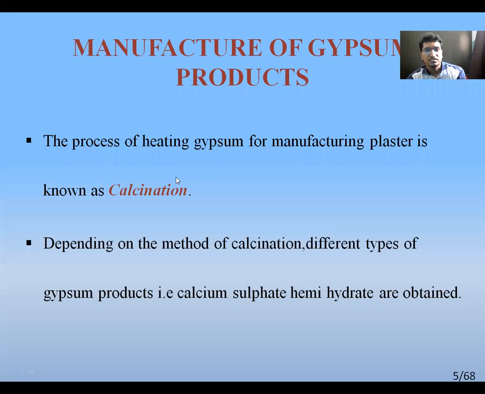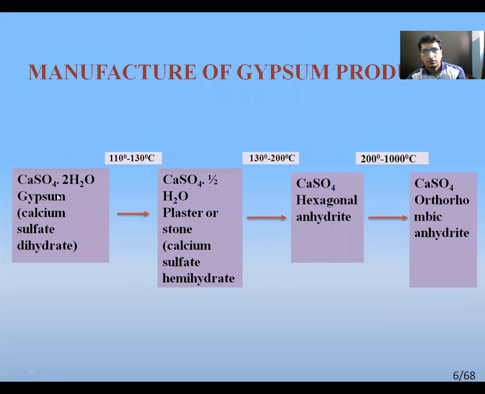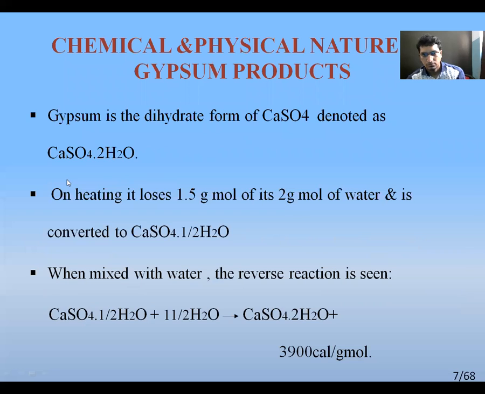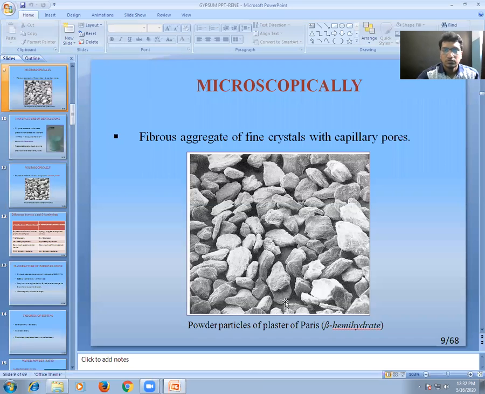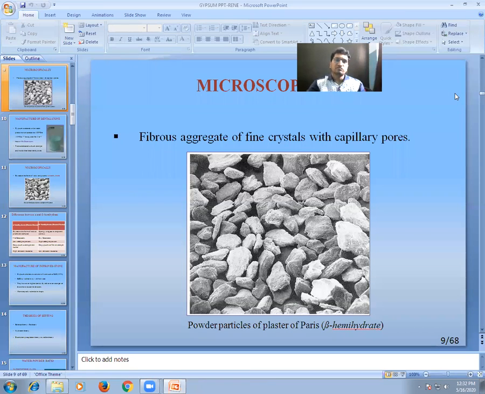The process of heating gypsum is known as calcination. This again is not an MCQ question. In the next lecture we are going to see the manipulation part, the properties of the gypsum products, and all the theories of setting. Actually, what happens when we pour water into the dental plaster? How does that reaction take place? That we are going to see in the next lecture. Okay, thank you.